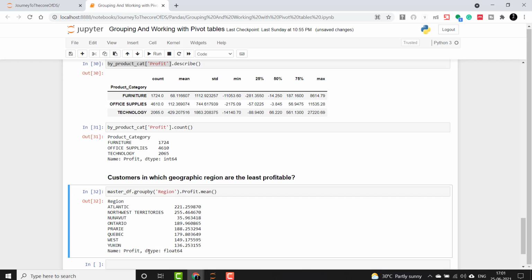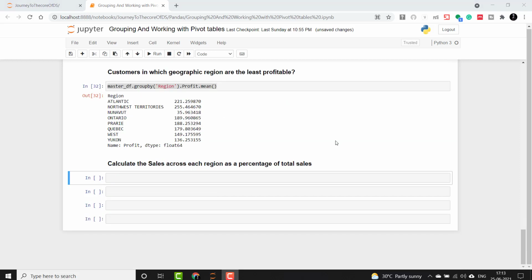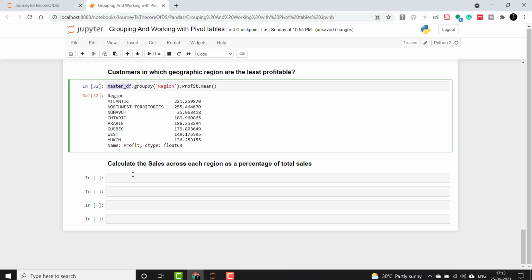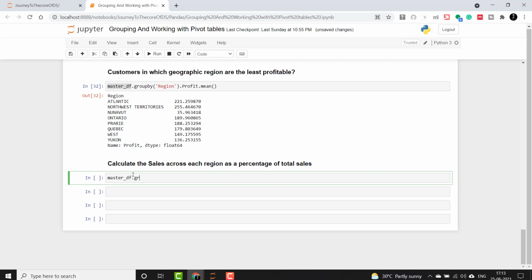Also note that the resulting object is a series, thus we can perform vectorized computation on them like we have seen earlier. Now we'll see an interesting example where we have to calculate the sales across each region as a percentage of total sales. Here we can divide the entire series by the total sales easily. I will use group by again on the master_df, take region in the group by, and on sales do aggregation as sum.